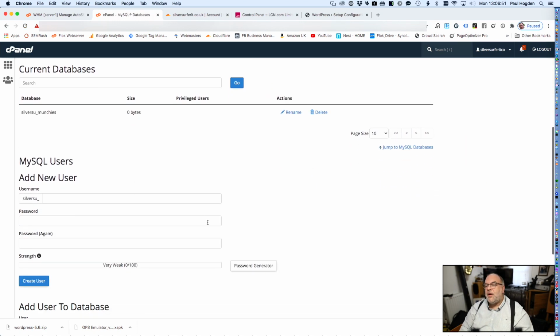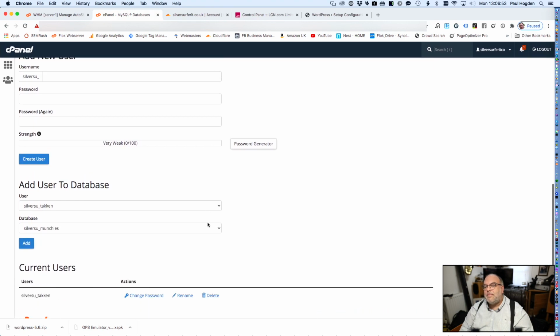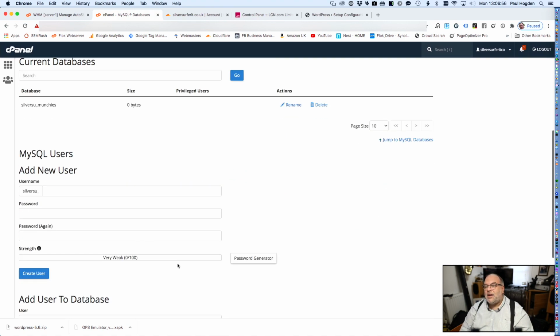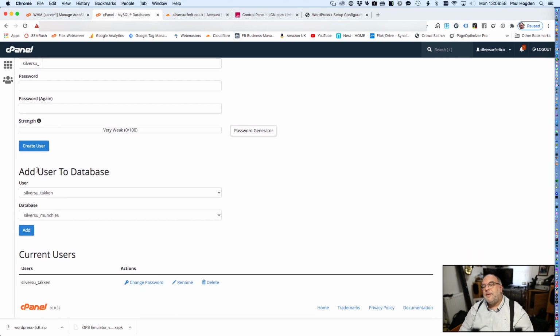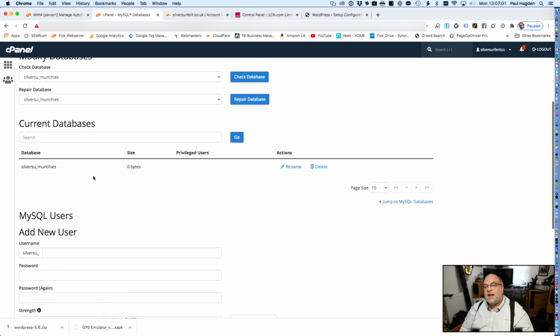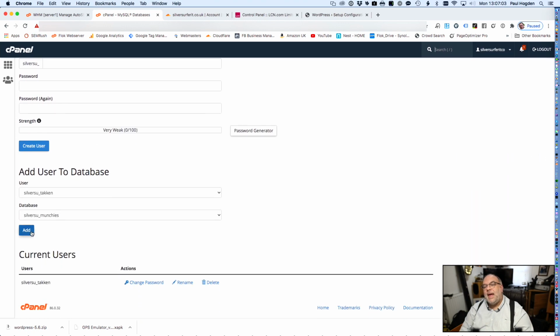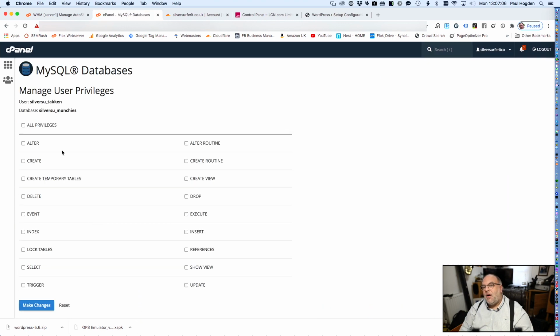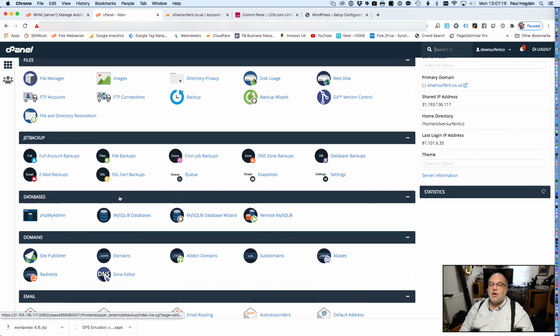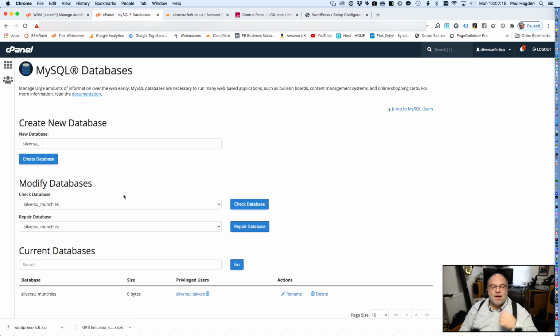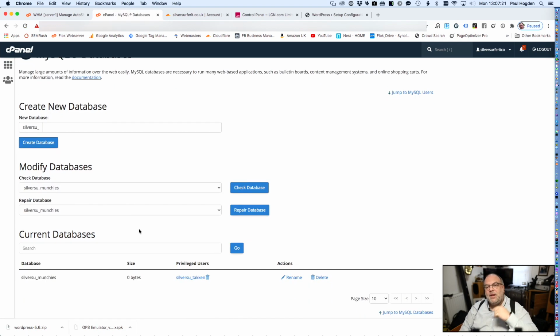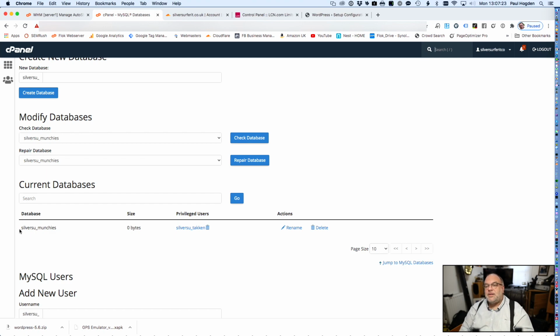That's okay. So we've now got a database and we've now got a user, but we now need to marry the two together, because the two actually are not connected in any way. Add user to database is what we use for that, and it's just further down the page. So we hit add. Now I normally give that username all the privileges. I hit make changes, and we have now connected those two together. We've created the database, and we now have one user and a password to accompany it and to make it work.